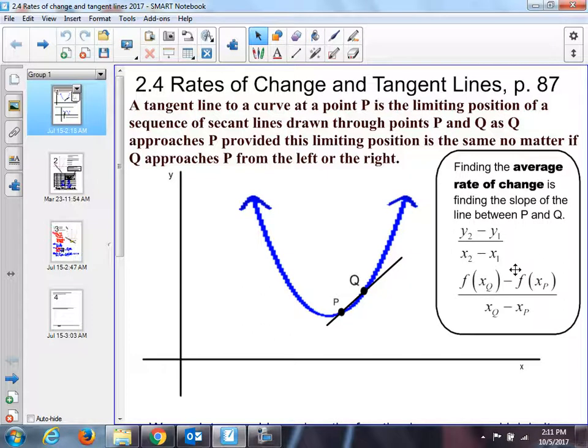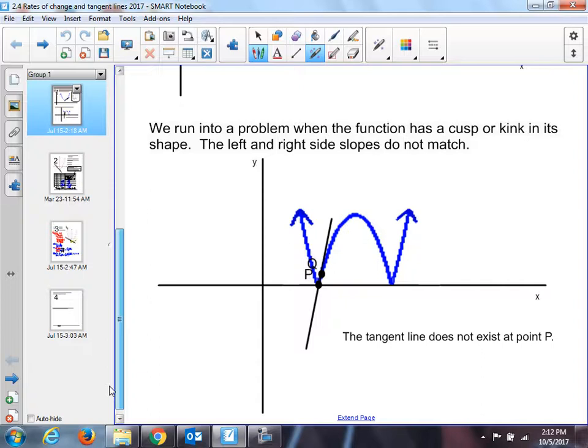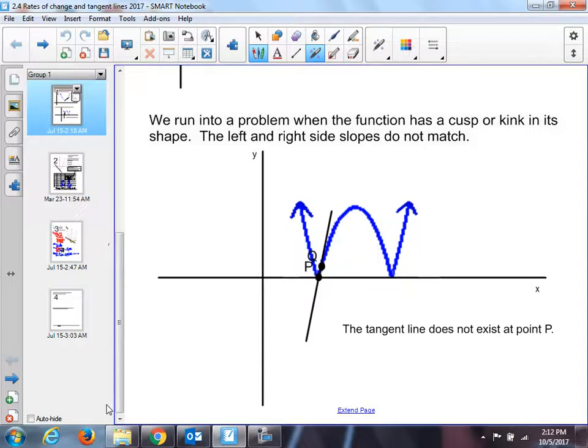Yesterday we took a look at this tangent line idea: as Q moves closer to P, you get a more accurate slope for the tangent line, right? As we move it in. However, you can't do slopes of tangent lines if a graph has a corner or a cusp on it, right,